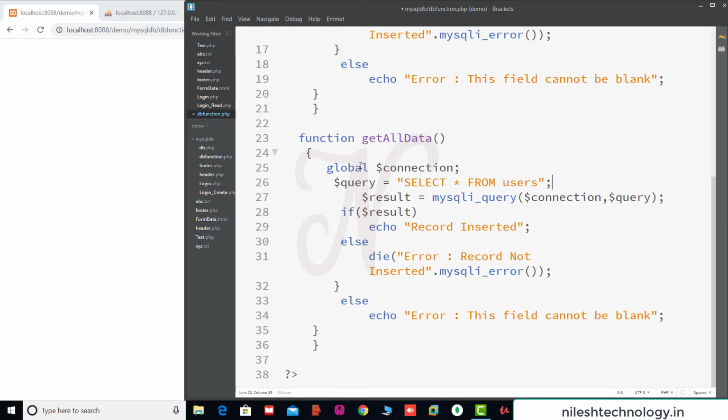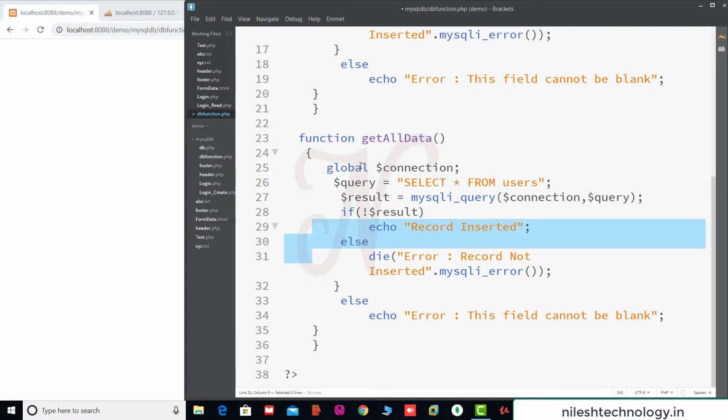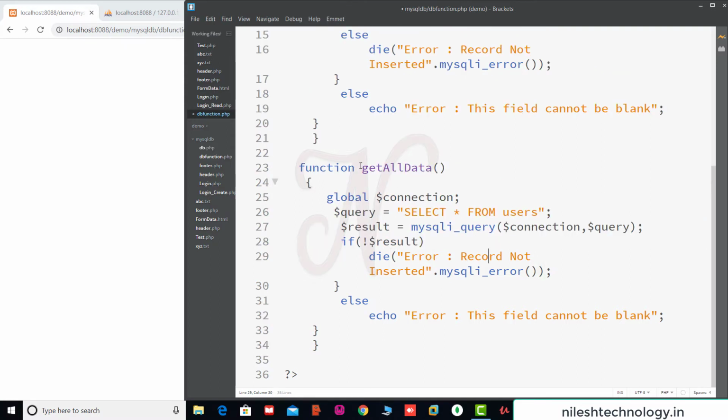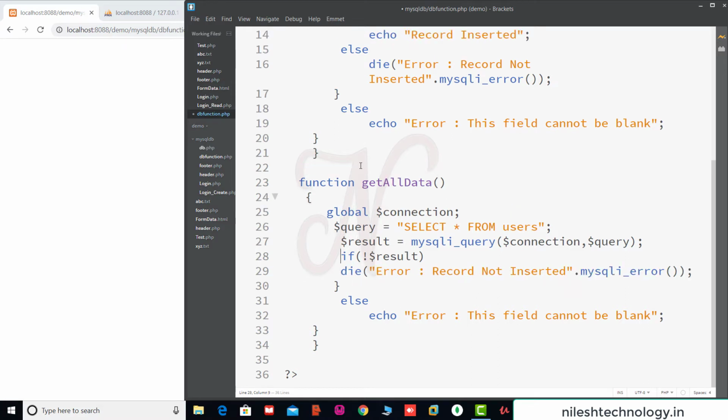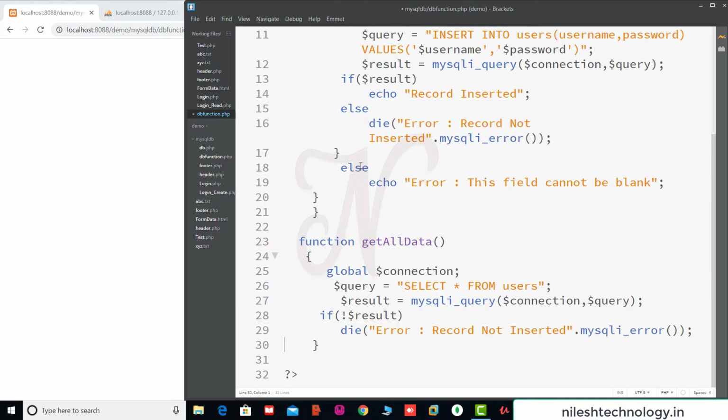We execute this query with mysqli $connection query. If your query fails, then this is your die error message, record not inserted. Here we remove all these things, there is no need for them. So this is your function get_all_data.